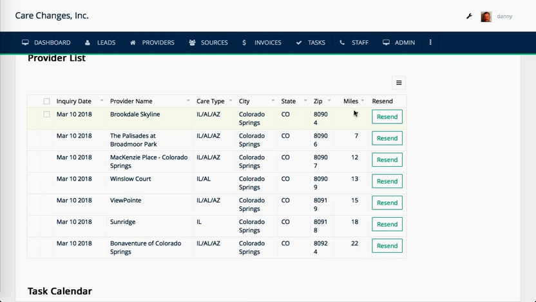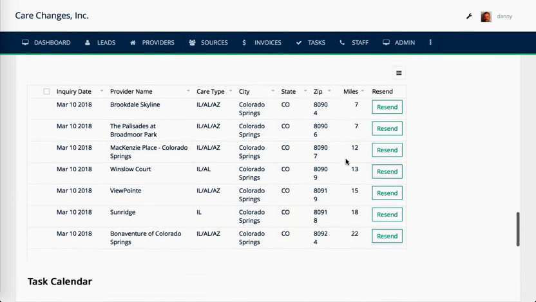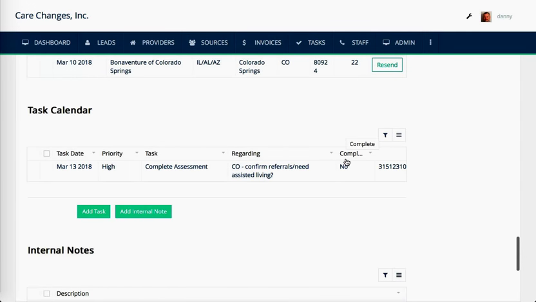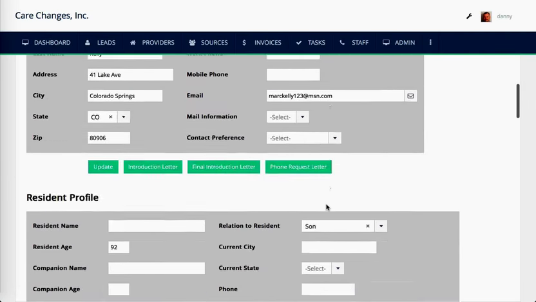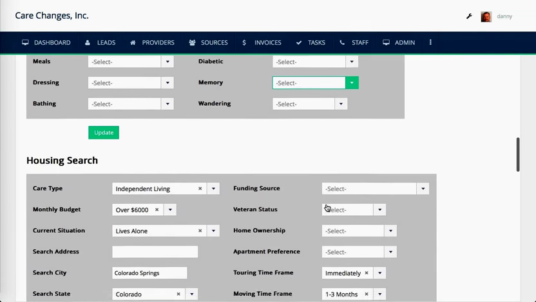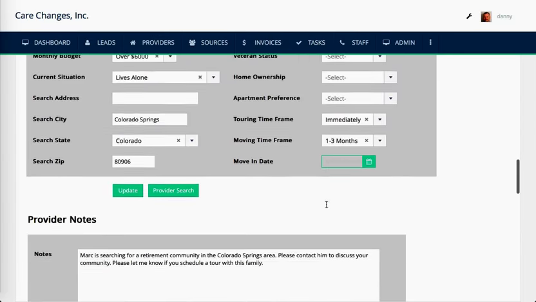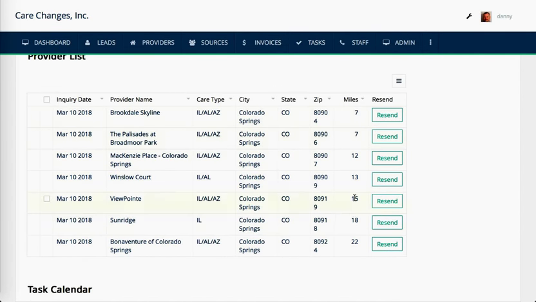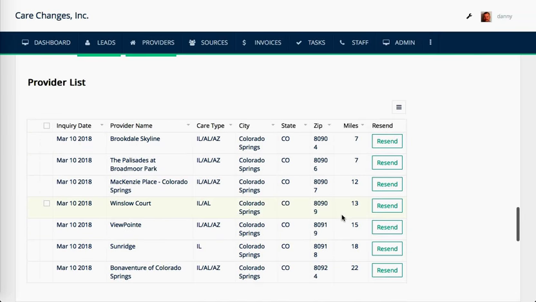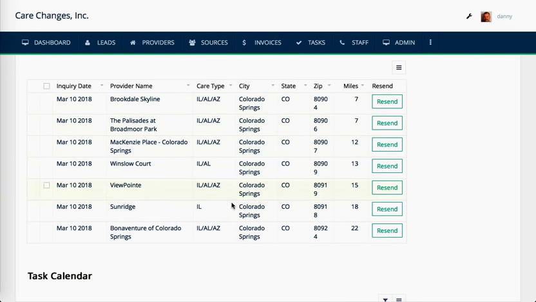The API will calculate the miles, it will return a value, and then you can save these values for reference in your database. So as you're analyzing a record with all the lead information, who the contacts are, the needs, details about the search, notes, and everything, you can have very powerful information in your hands,